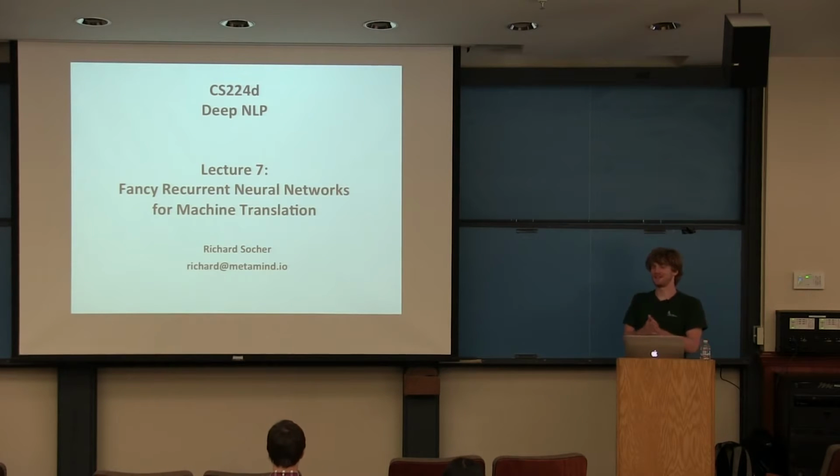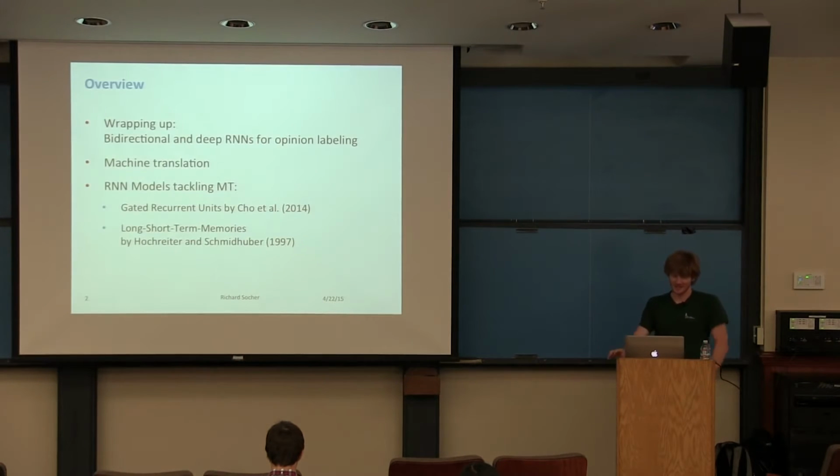Welcome to lecture 7. We're sort of at the midway point of the lecture, and to celebrate that, we'll talk about some fancy recurrent neural networks now for one of the hardest tasks in NLP, namely machine translation. So first we'll wrap up briefly in 3 or 4 slides the bidirectional and deep standard recurrent neural networks for opinion labeling. And then we'll start and give a ridiculously short introduction on machine translation and sort of